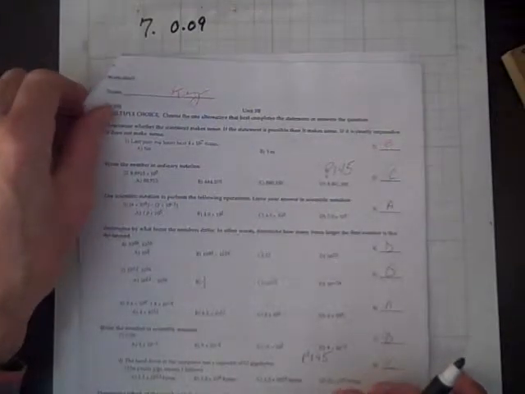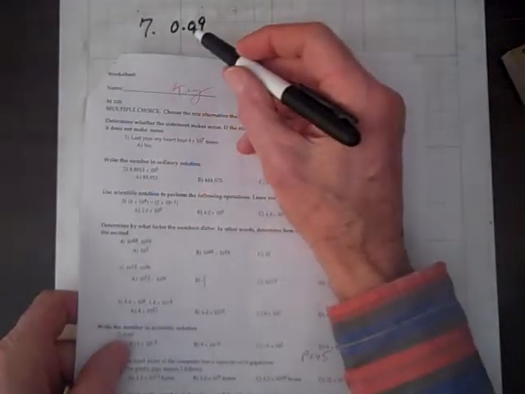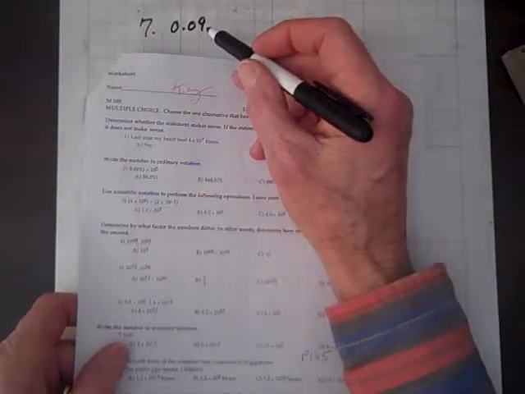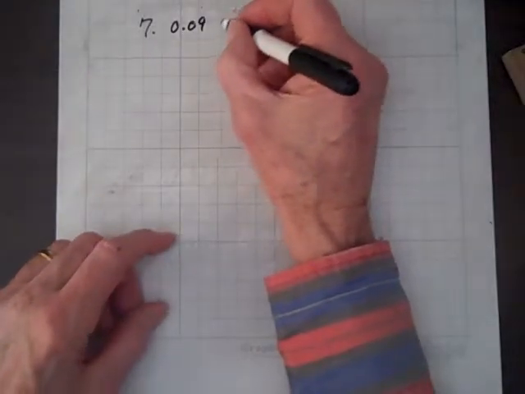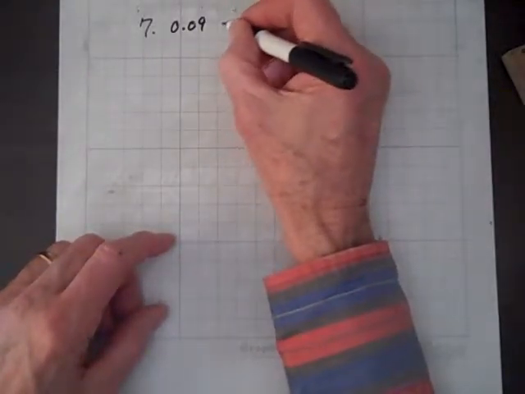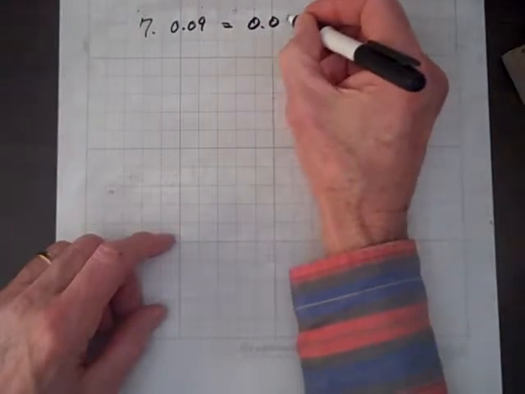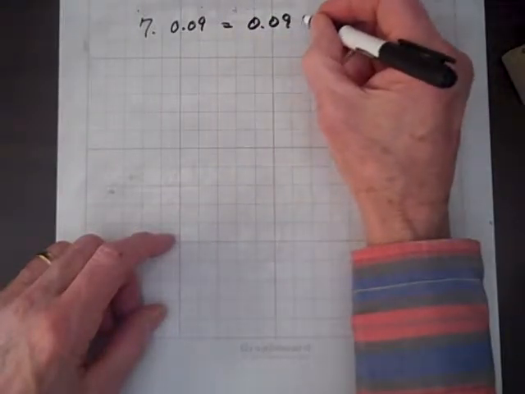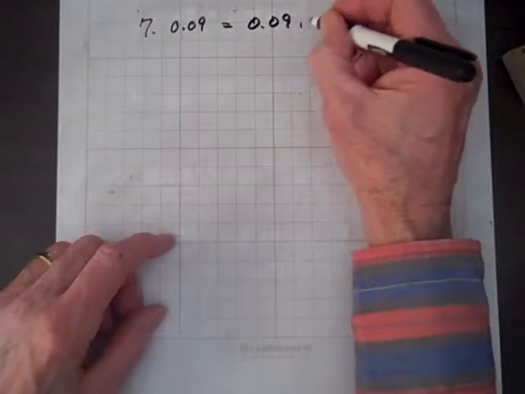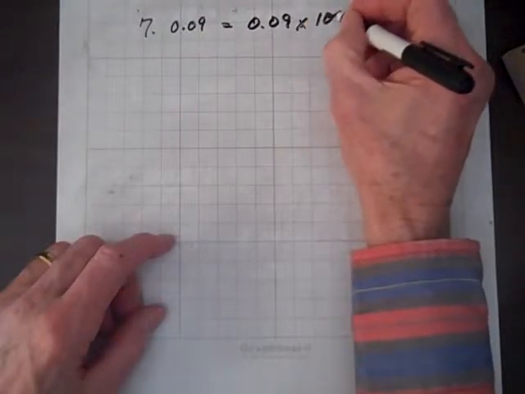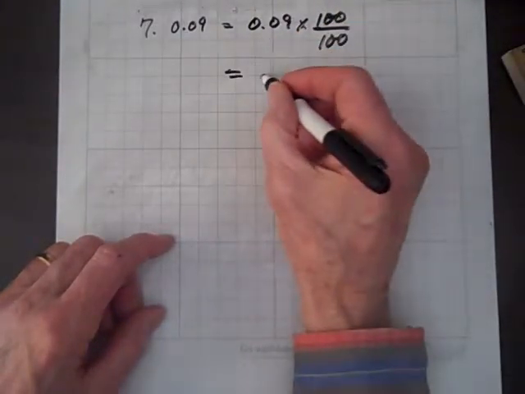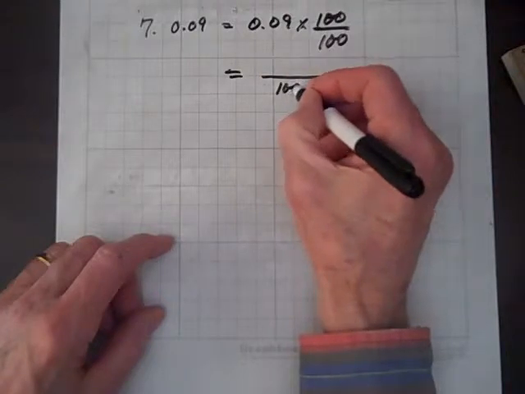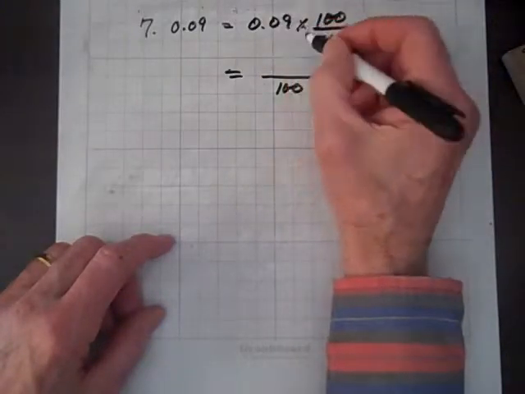Okay, it's time for part 2 of Unit 3B. And we have to change 0.09 to scientific notation. Well, let's multiply by 1 in the form of 100 over 100. And this equals, and in the denominator we have 100, and if we multiply 100 times 0.09,